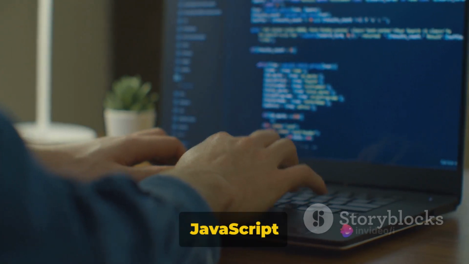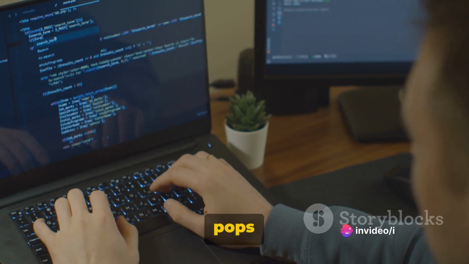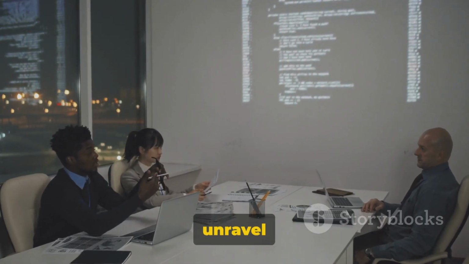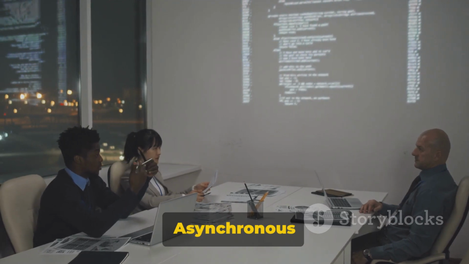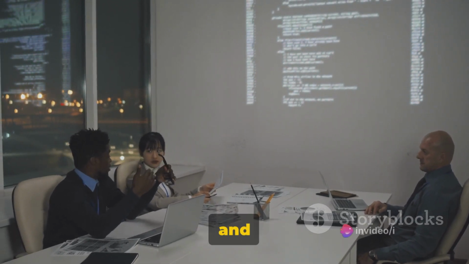Have you ever wondered how JavaScript handles asynchronous tasks? This is a query that often pops up when delving into the world of JavaScript. Today, we're going to unravel the magic behind asynchronous JavaScript, a crucial concept that makes our web application smooth and